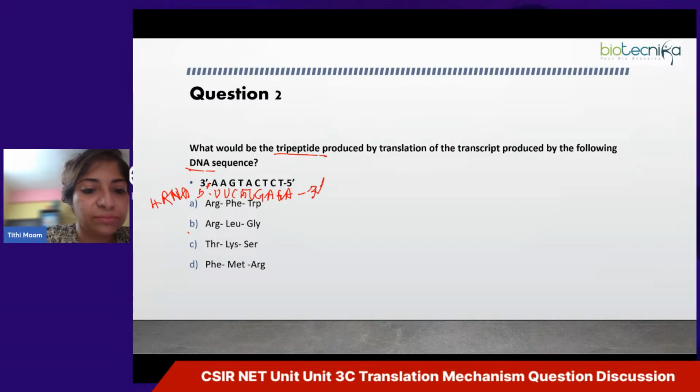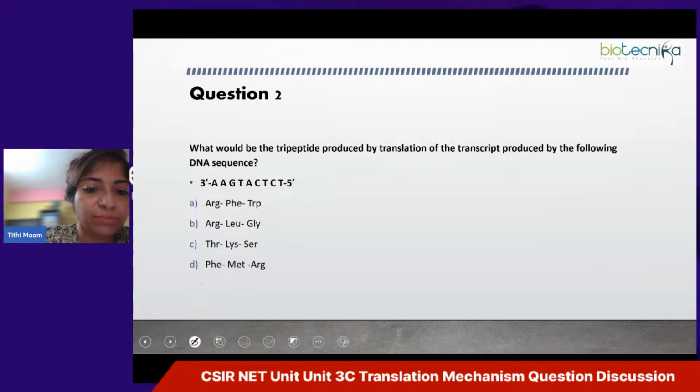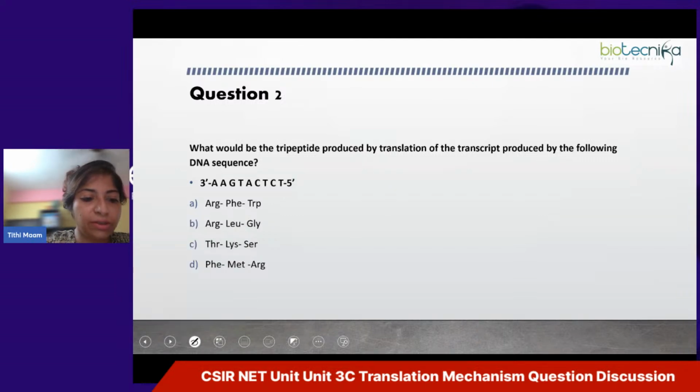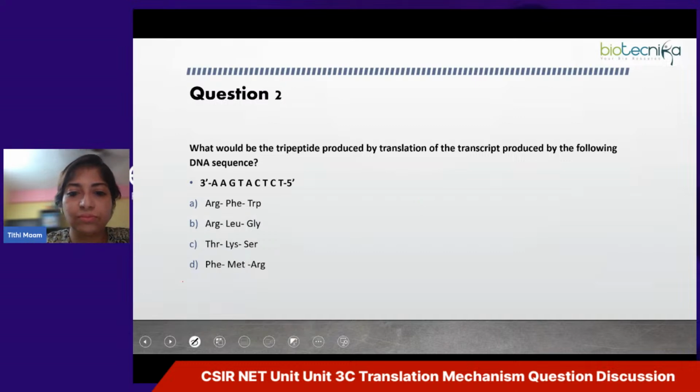Please forgive my writing, it's becoming very bad here. So the mRNA sequence is coming as